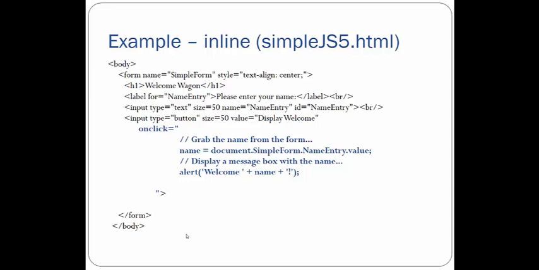And we also have another input element which is of type button. Now here, the size equals 50, it's actually kind of redundant a little bit, but the value says display welcome. This value attribute allows you to specify what the user will see on the button, what text the user will see on the button. So it will say display welcome. The onClick event,